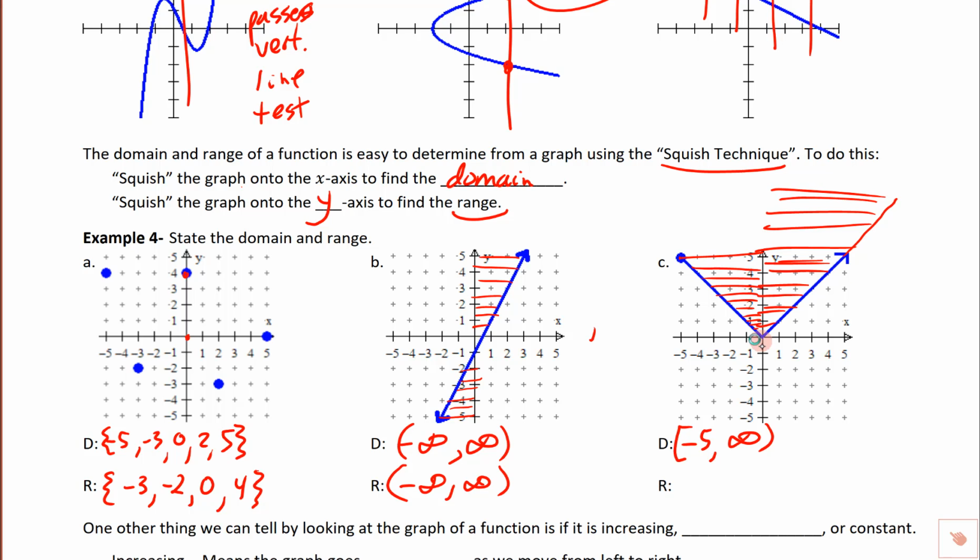So stop and think about what this is. If we think about the range in the y direction, we don't have any y's down here, but we start getting answers right there. So they start at 0 and they go all the way to infinity. We'll do a round bracket around the infinity and a square bracket around this one right here because it does